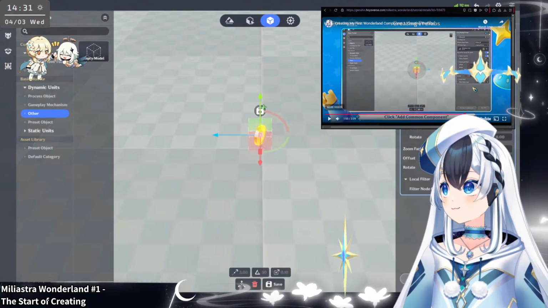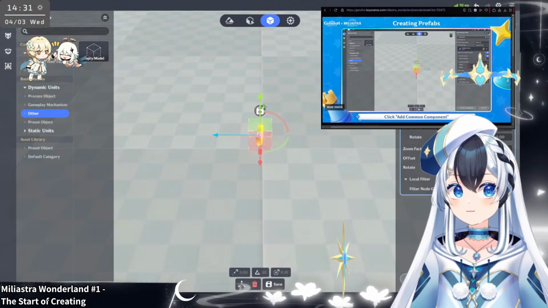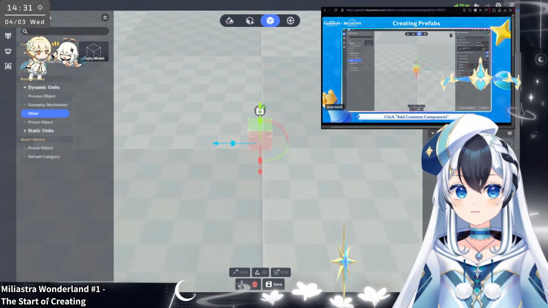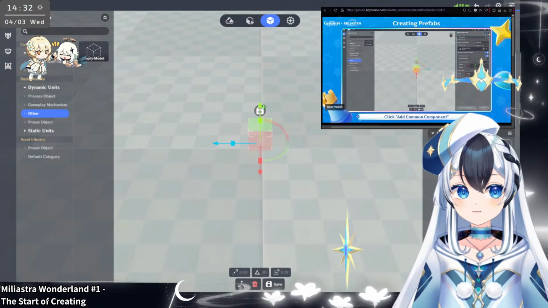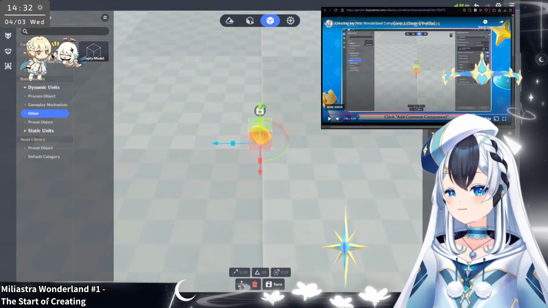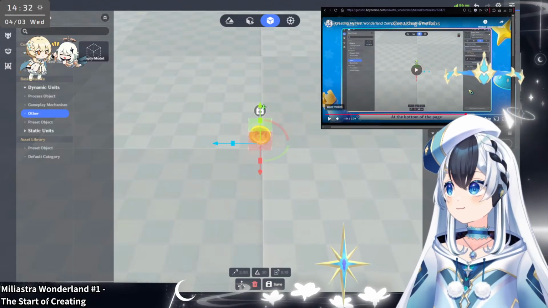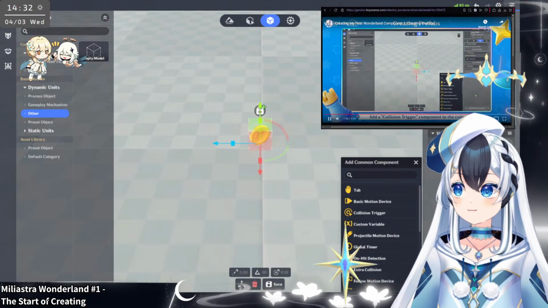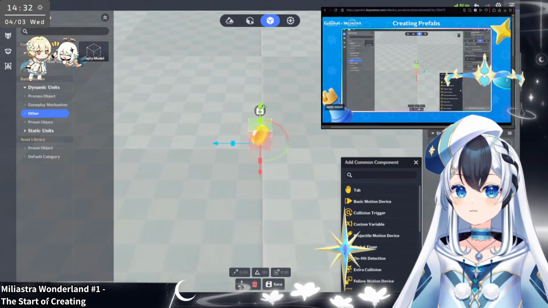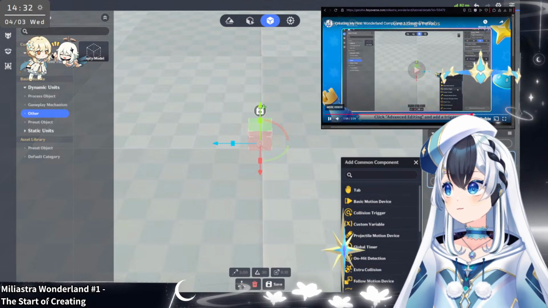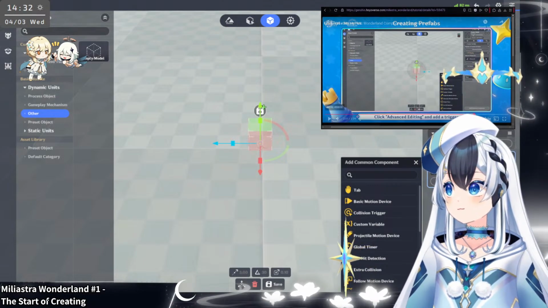Click Add Common Component at the bottom of the page. Add a collision trigger component to the coin. Click Advanced Editing and add a